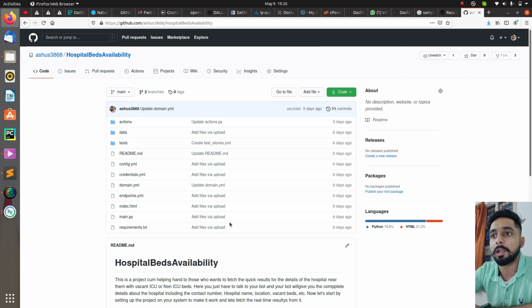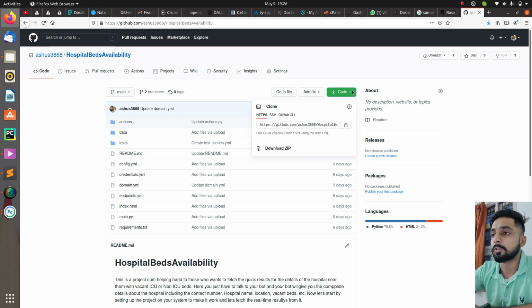So let's go there. Okay, so in here I have two projects, like one in main, one in the master. So whichever you want, you can take it. Currently let me go with the main part, so I will be using it directly, right? So now over here just click on this code option, and here you will find three options. You can select HTTPS, SSH, Git client, right?